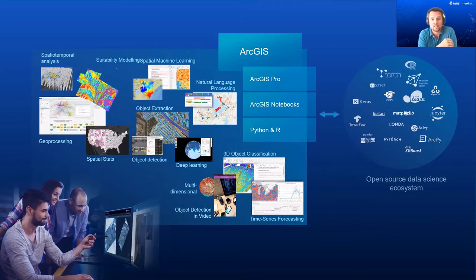Even though there are a lot of tools available in ArcGIS, you sometimes have to reach out to other possible methods to solve your problem. And luckily, there's this rich data science ecosystem out there that you can take advantage of as well. So Esri is working really hard to build bridges between them, whether that is by using Python to easily use libraries like pandas or machine learning libraries, or through the ArcGIS R bridge to be able to use all the packages available in R.